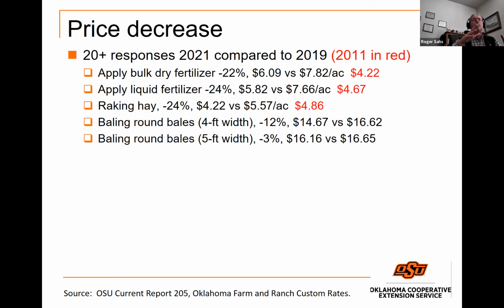And so we really encourage those that are looking at our reports: we're not trying to set the market, we are just reporting what we observed over the course of at least 2021. And you can use those rates as sort of a guide. And I would really encourage those folks out there to use that as sort of a starting point in those negotiations. And you can adjust those numbers based on that particular situation between that custom operator and that potential client